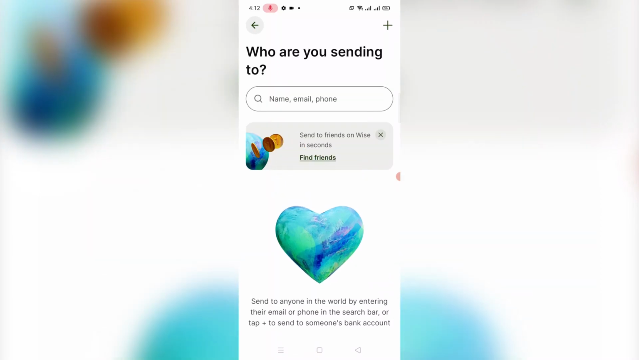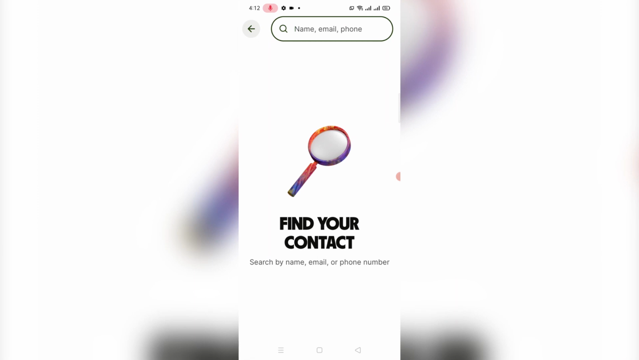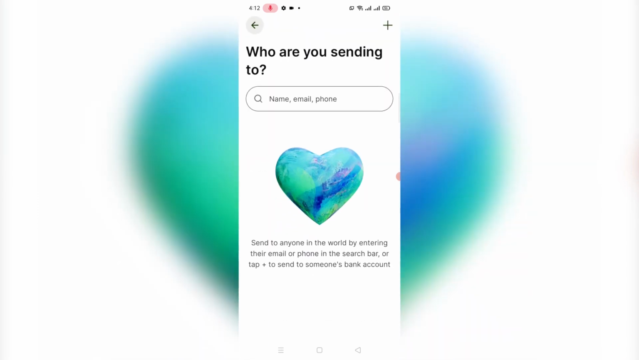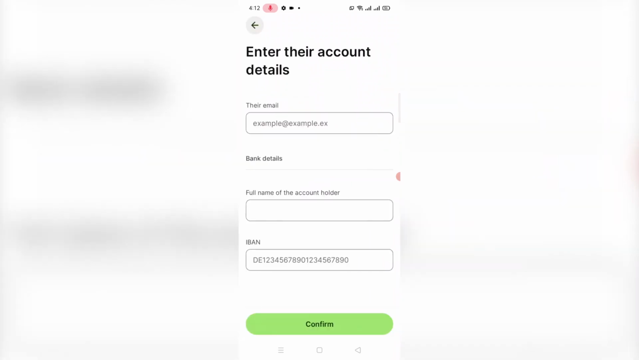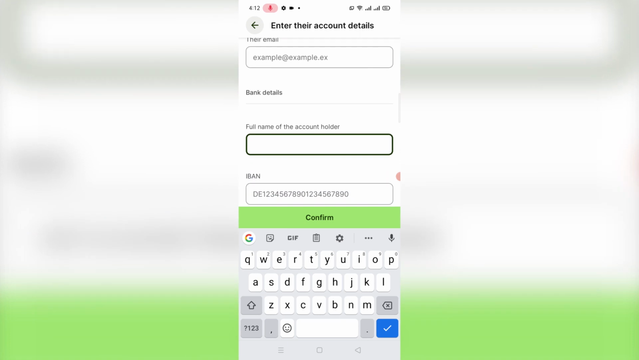So here you have to type the name or email if they are in your contact list. So simply, if it is not, then click on plus button, and here whom do you want to send, click on someone else. So here you have to enter the full name of the account holder whom you want to send to,